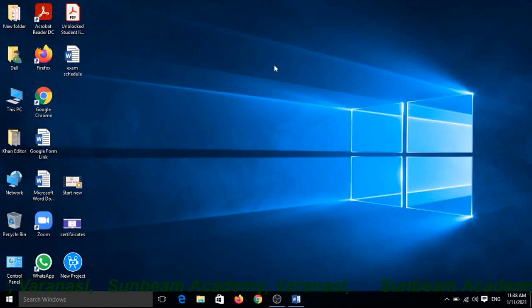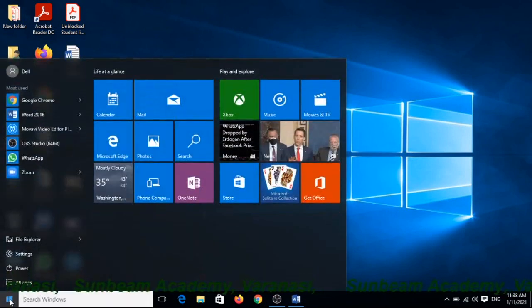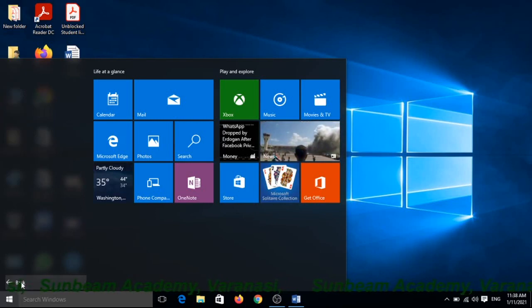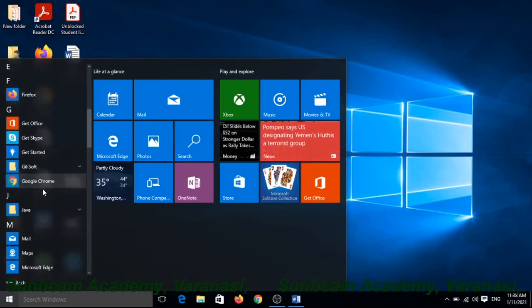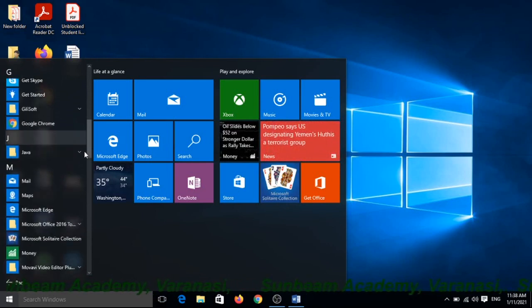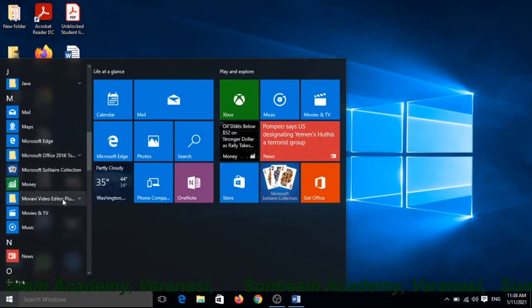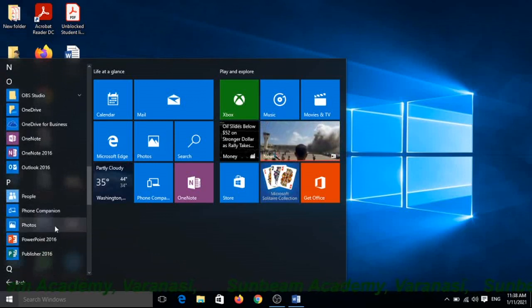Yes, first click on the Start button and choose All Apps or All Programs, and choose PowerPoint. Scroll down with your scroll button to PowerPoint. You can choose this and click on it to open.